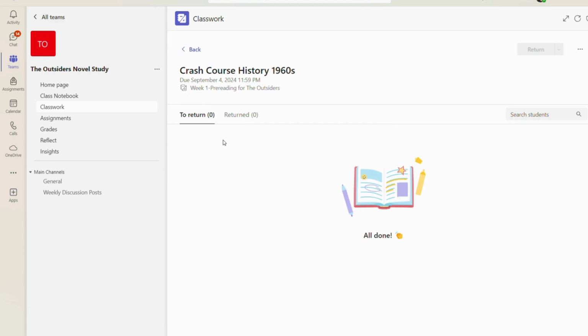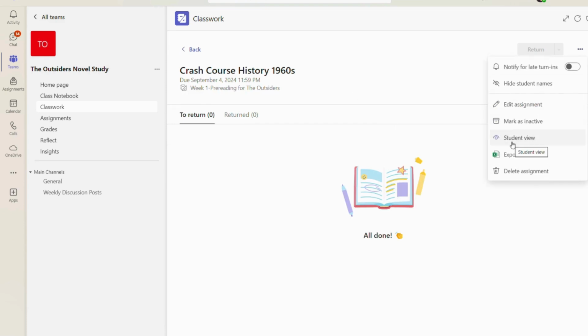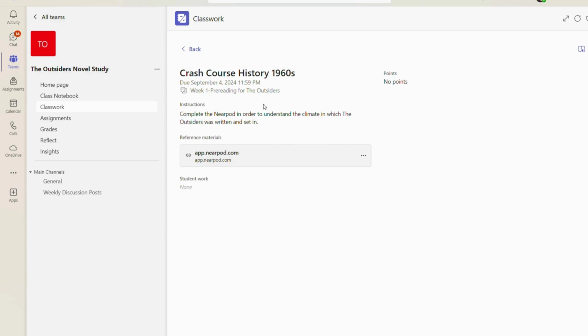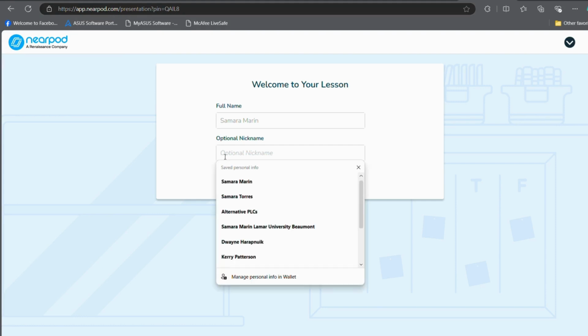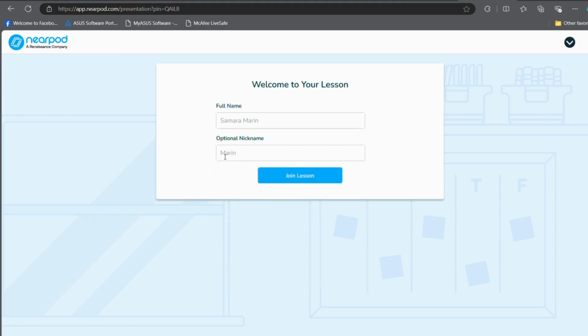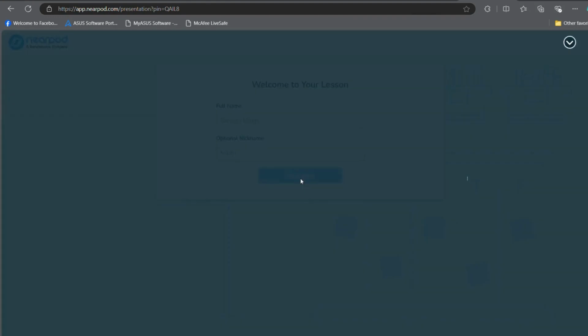one of which is going to be in Nearpod, which is what I prefer to use both in person and online whenever I need to have a lecture in the classroom. The reason why Nearpod is so great for students is because whether it's at home or in class, if you create a video and have them go through it on Nearpod,